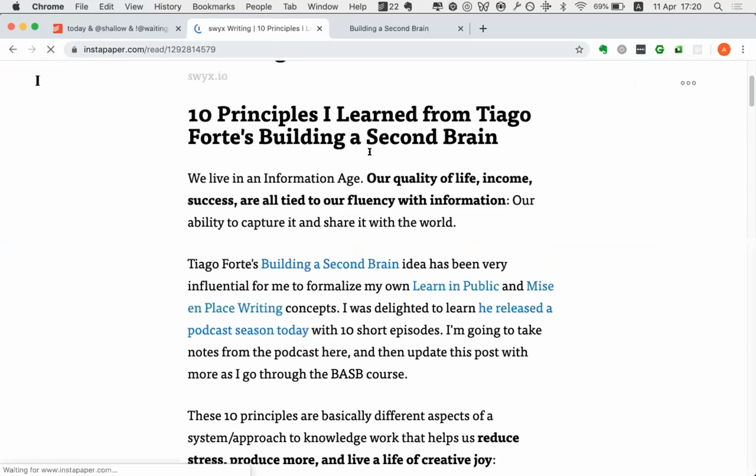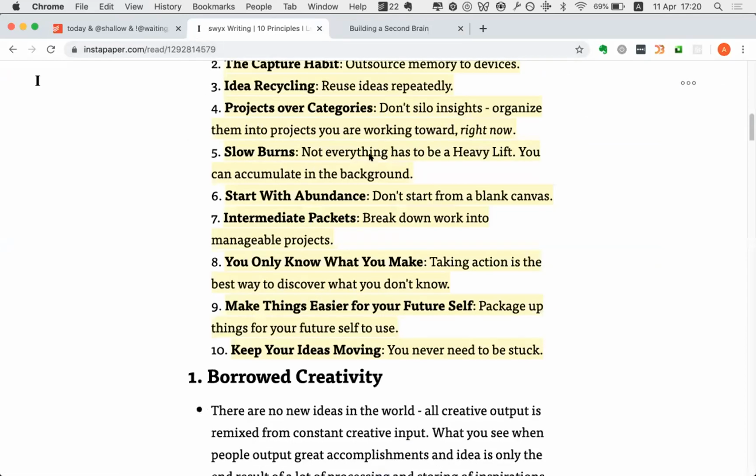You're reading, this was one of the articles that I had shared in our last newsletter. You can highlight these articles, and what the script will do is